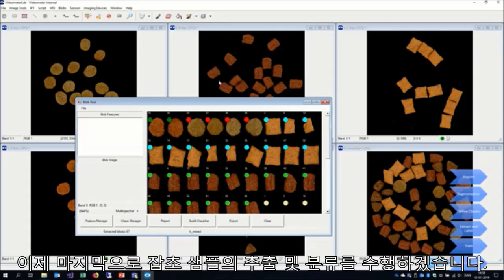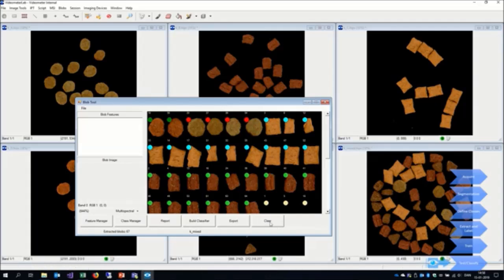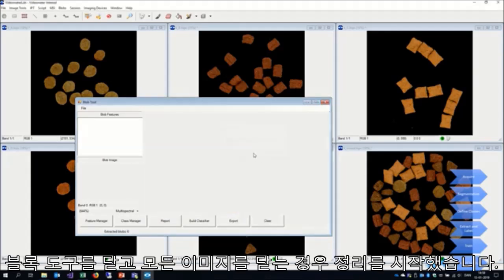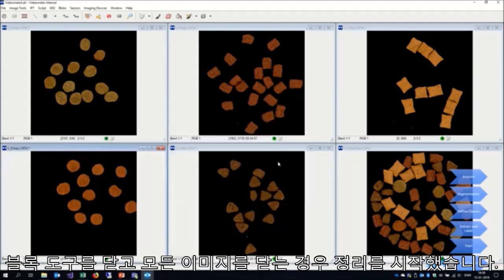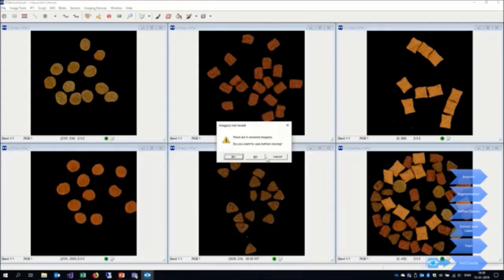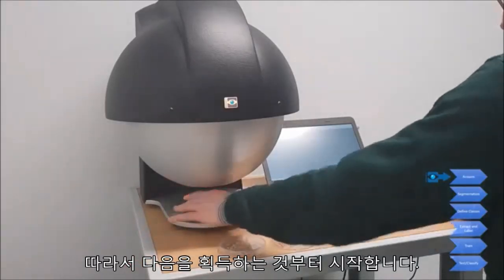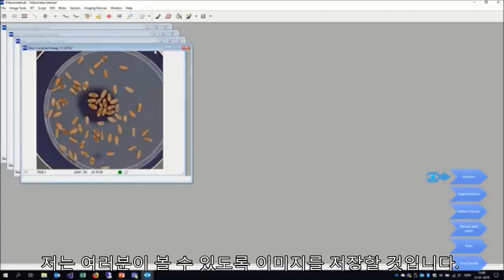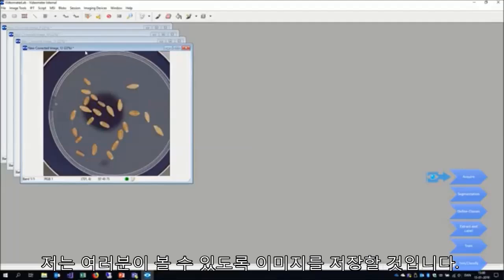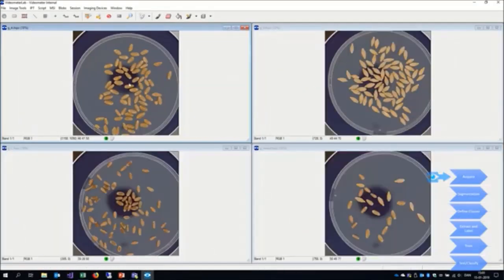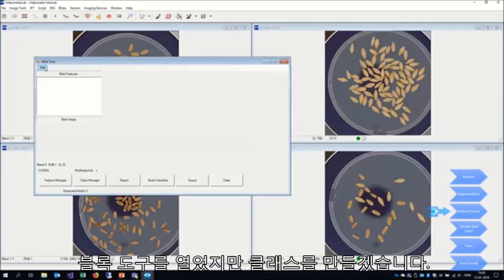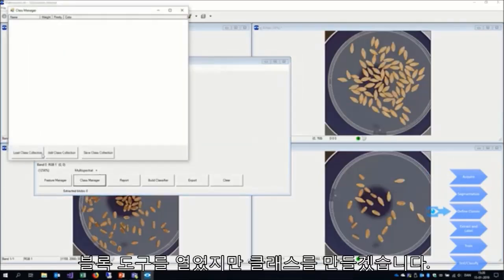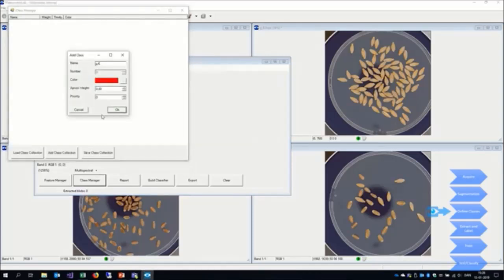Okay, now finally I will do the extraction and classification of the wheat samples. So I just start with cleaning up, actually closing the blob tool, close all the images. So start by acquiring sample A, and as always I will save the images, arrange them for you to see. So I have opened the blob tool. I will create the classes. Grain A, grain B, grain C,